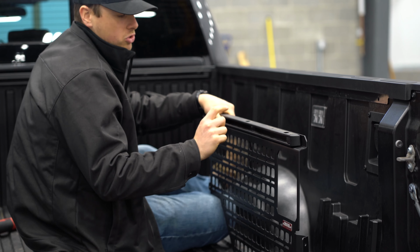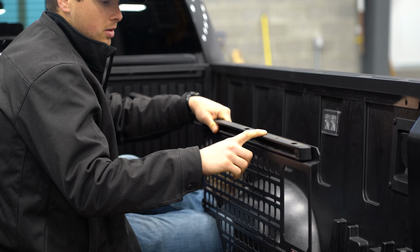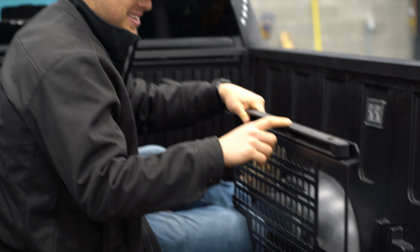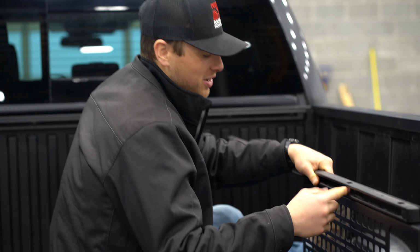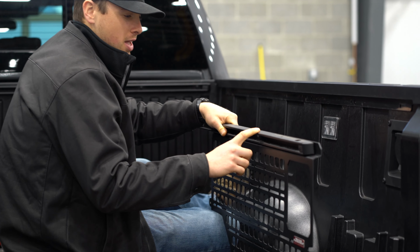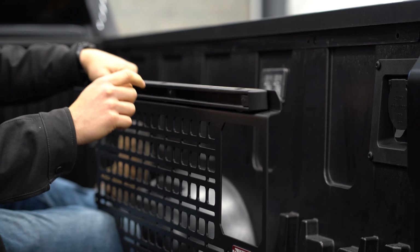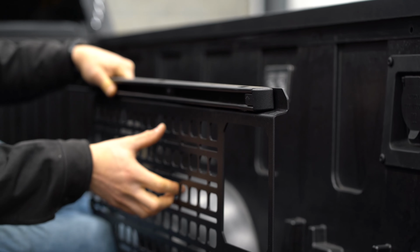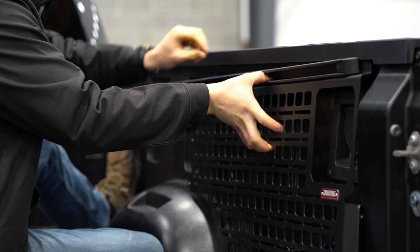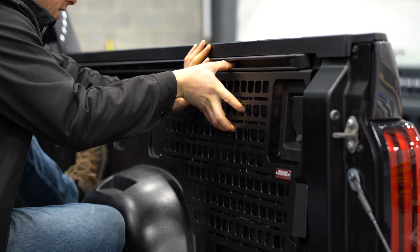Alright, so I put the push rivet back into the channel here. So the push rivet is through the channel that comes on the Tundra and through the bedside rack panel. We're working on the rearmost panel. What I'm going to do is I'm going to put it up the bedside. I'm going to push that push rivet in,